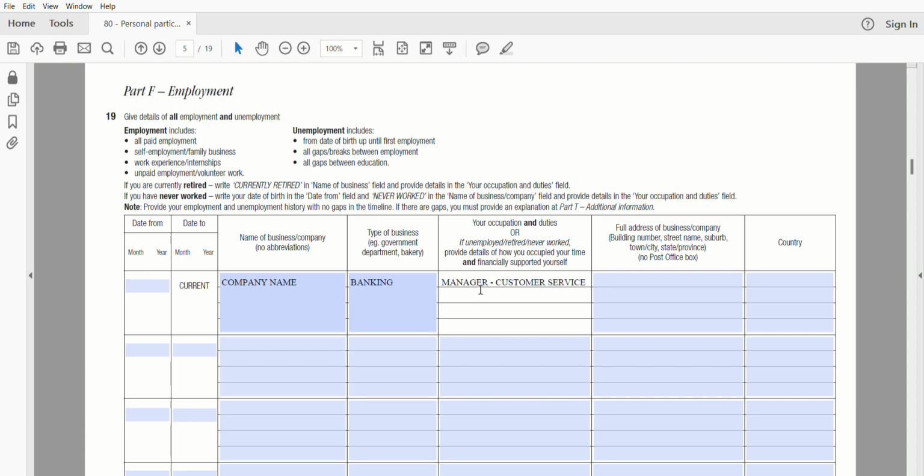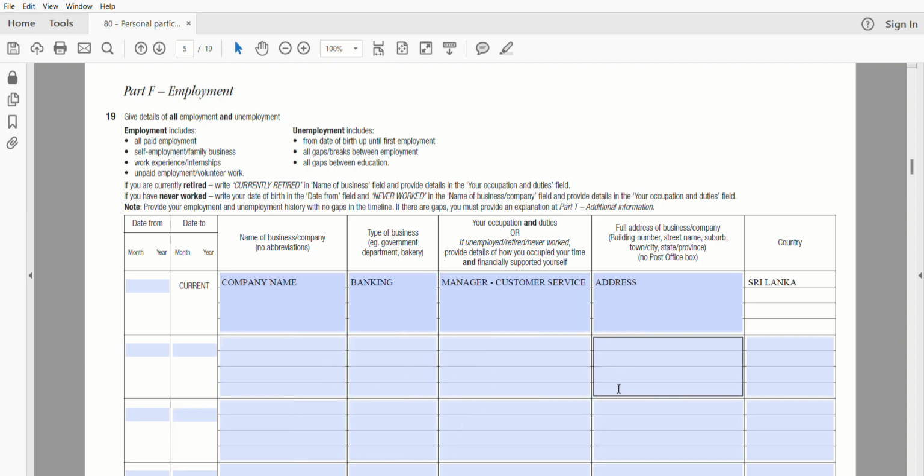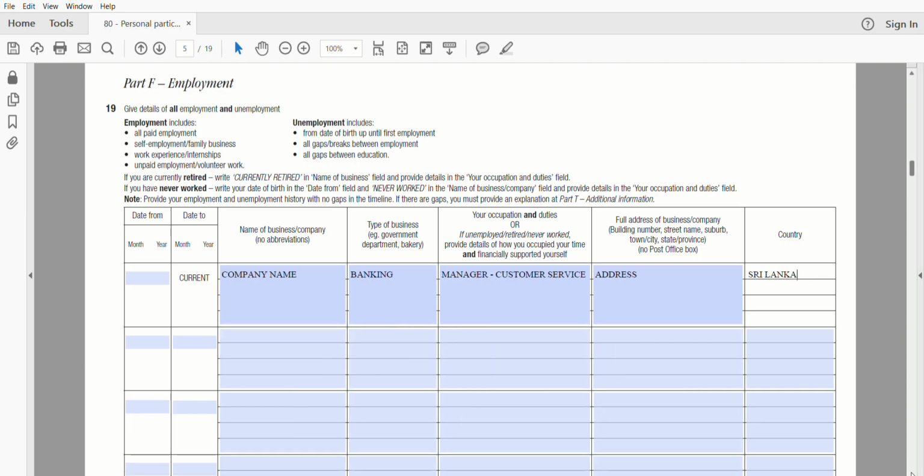And then you can mention your main duties or responsibilities in the same column, and you need to mention the address of your organization and then the country. So starting from your current employment, you need to mention all the employment that you were working previously. You can just list it out here.